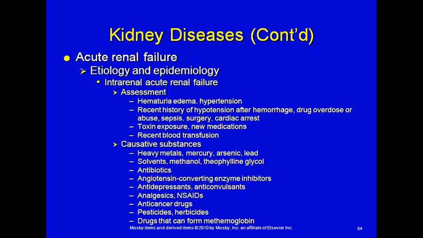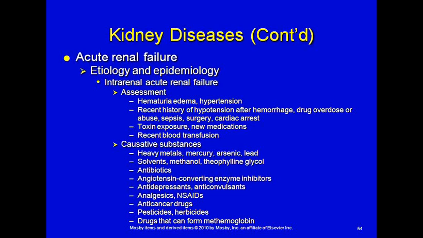Intrarenal acute failure assessment: because the injury or the failure occurs inside the kidney, and the kidney isn't working properly, you might see things like blood in the urine, uncontrolled hypertension, perhaps a recent history of hypotension after hemorrhage, drug overdose or abuse, sepsis, surgery, cardiac arrest, toxin exposure, new medications, recent blood transfusion,